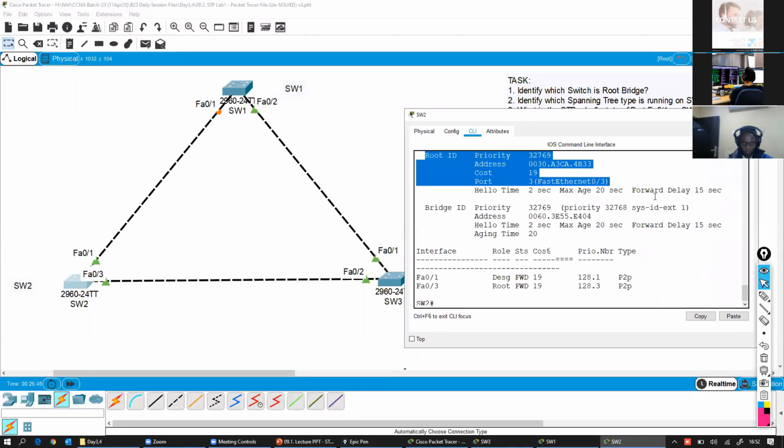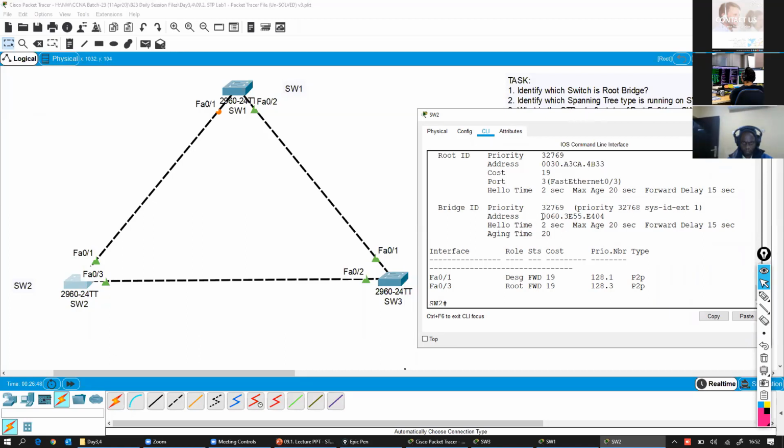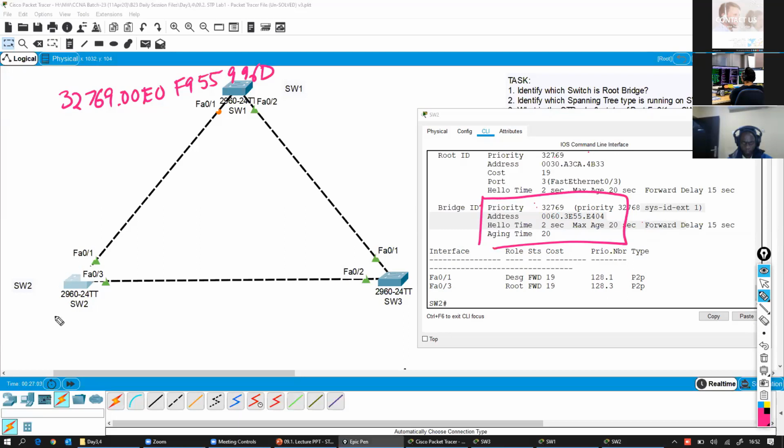Okay, so root, we don't care. This is telling about the root actually. But the bridge ID of the local one is 32769, which is always fixed. And then 0060 35 EE. Sorry, I deleted that as well. Right? So this is the bridge ID for switch number 2.